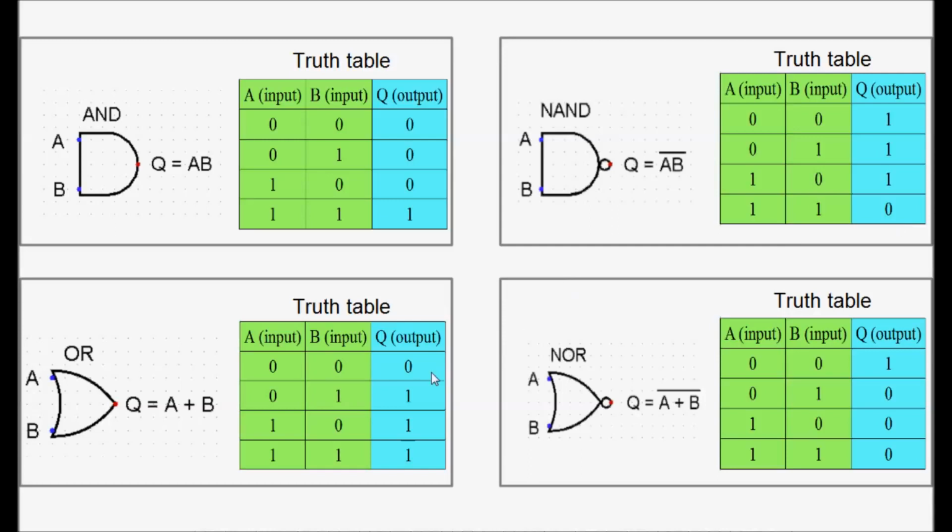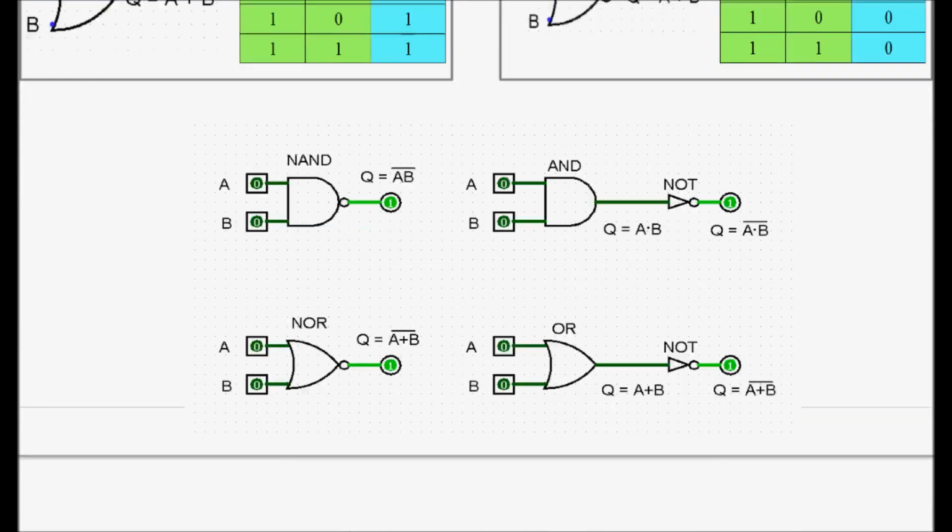The same applies to OR gate and NOR gate. As we can see, where we have zeros at the output for OR gate, we have 1 for NOR gate, and where we have ones for OR gate, we have zeros for NOR gate. Now this has a very simple explanation,